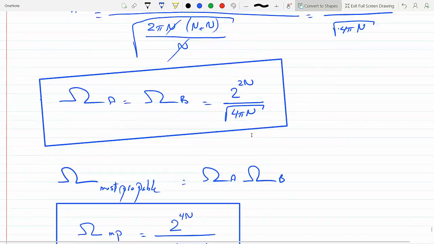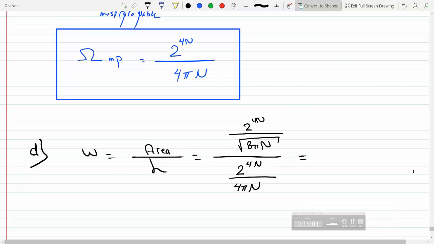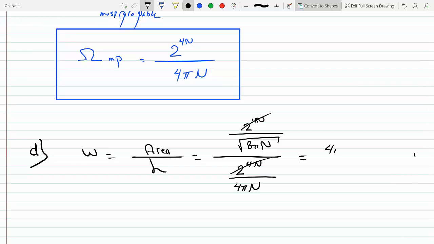That came from part C, which is 2 to the 4n, right there in blue, divided by 4 pi n. Let's simplify this. Okay, so those two cancel out and I get 4 pi n divided by the square root of 8 pi n,